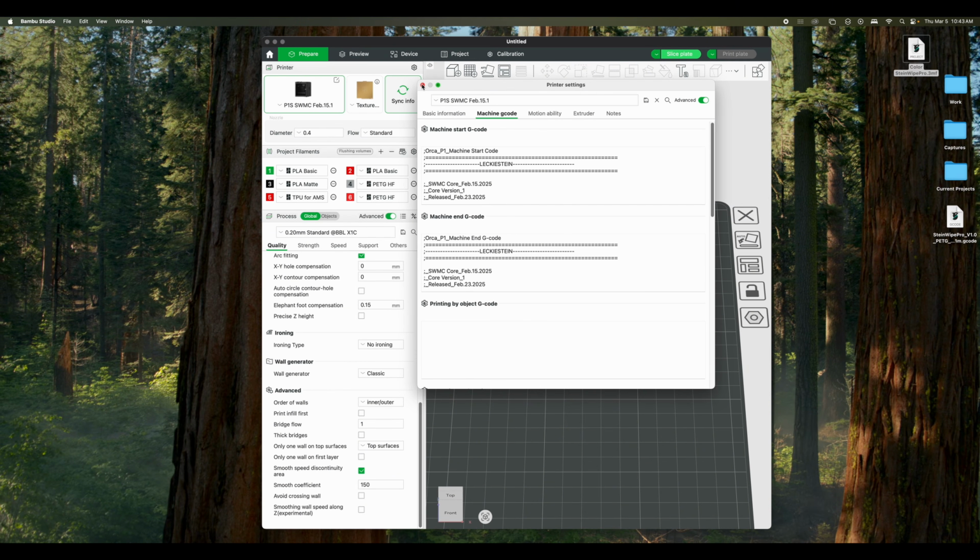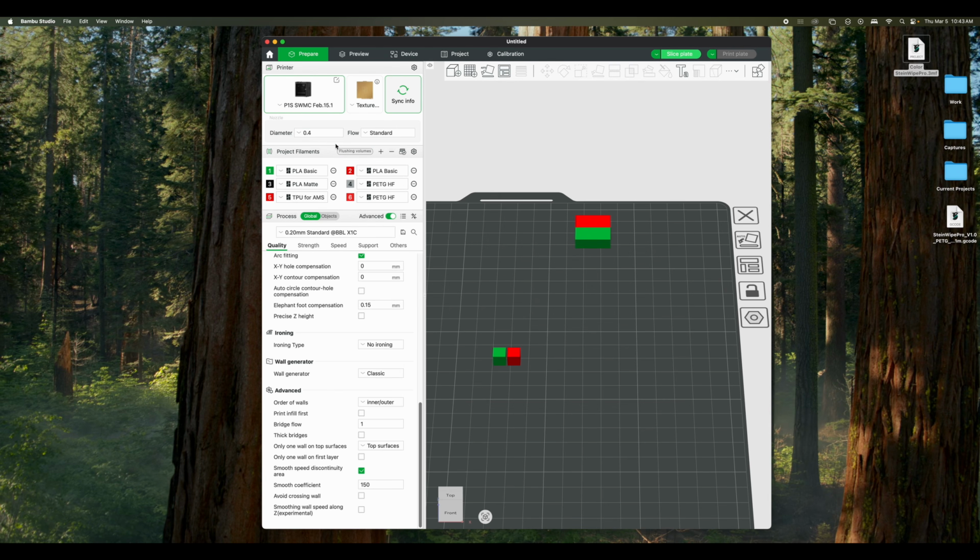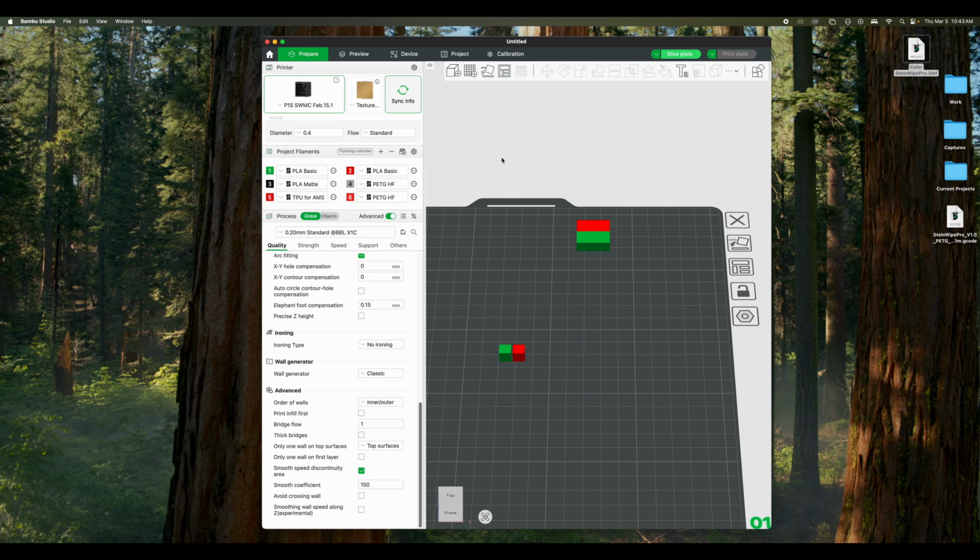And I didn't do that last time because last time I only had a 0.4 to test with, so I wasn't going to release something that I didn't physically test myself. But I've gone out and purchased all the nozzles so that I can make sure that everything is going to function as intended. So for now, for the older release, so we're talking about anything that came out of